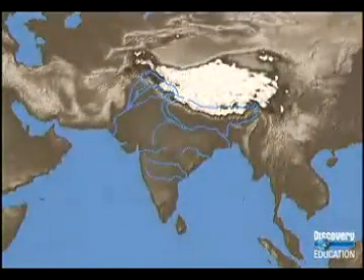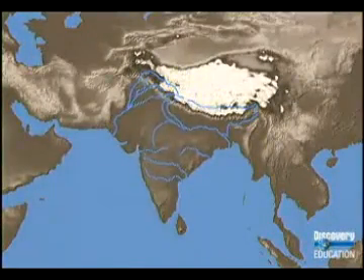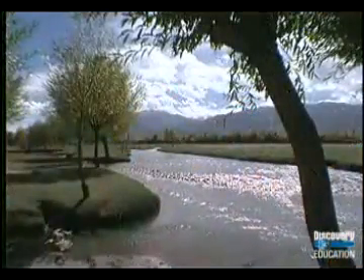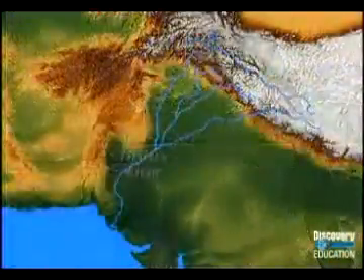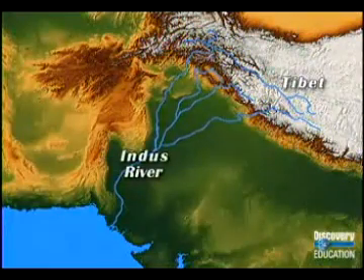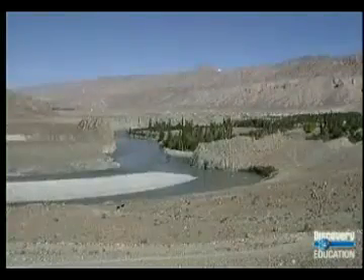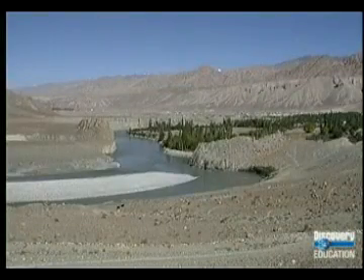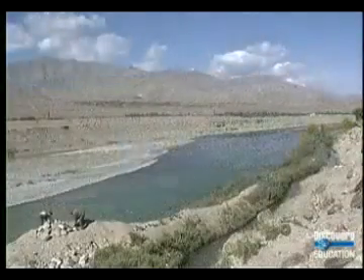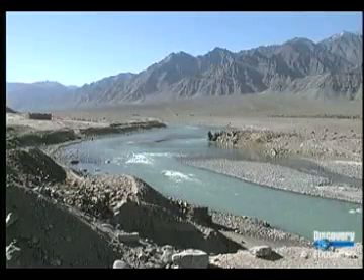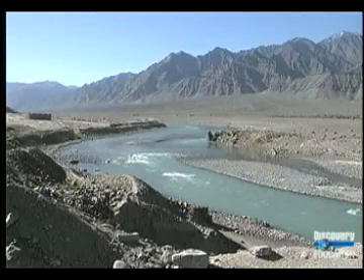The great rivers of South Asia have their sources in the Himalayas. The Indus River flows through the North Indian province of Ladakh from its source in Tibet. It is joined by several tributaries as it continues through arid country into Pakistan. This river is surrounded by desert throughout much of its course and is a very important source of water for the people of Pakistan.